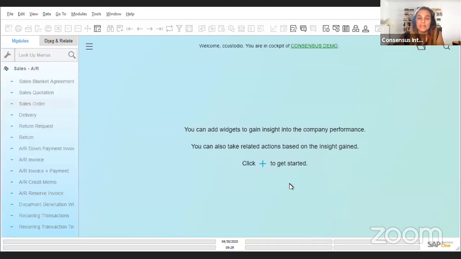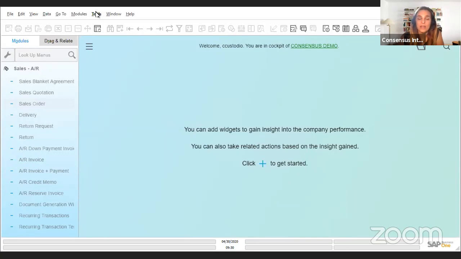tool, and it's the user-defined fields. This is going to be a basic introduction to this tool, and I will be sharing a link to a document which contains a lot of more advanced information if you want to start playing with the user-defined fields in